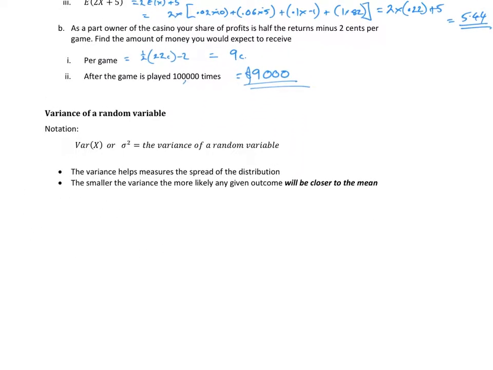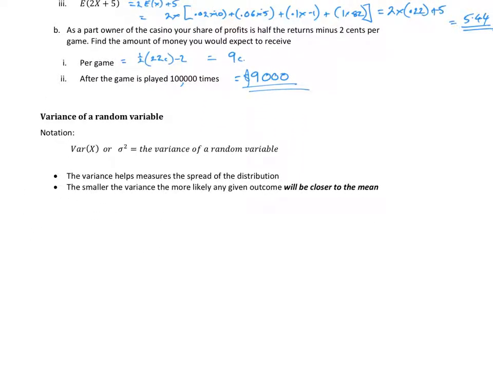All right. Now, the variance of a random variable is the spread of the distribution. So we're saying we expect to collect $9,000, but with what sort of certainty can we have? What's the minimum value going to be? What's the maximum value going to be? So the variance tells me that spread, all right? The smaller the variance, the more likely any given outcome is. So ideally we have a small variance, so I'm more confident that this particular expected value is what I'm going to get.